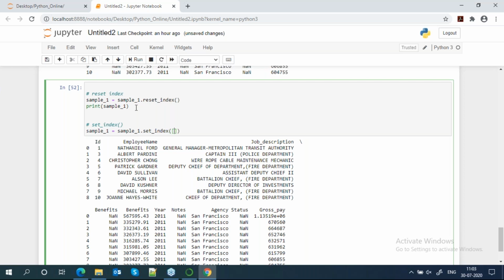If you want to give more names, you can use this, like ID, comma, this one.